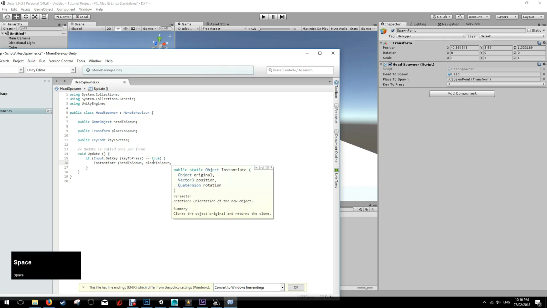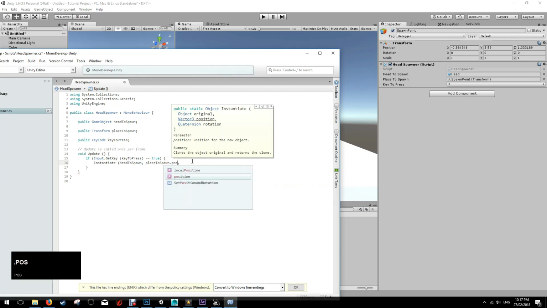Okay, so it needs to be a position. And the place to spawn, which is a set of transform data, means all of the transform data. It only wants the position data, which is actually a subset of the transform data. So you have to put place to spawn dot position,